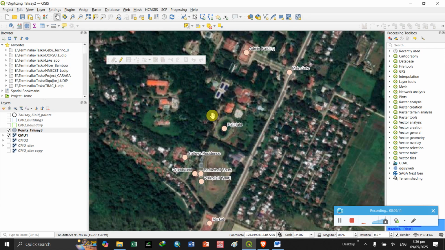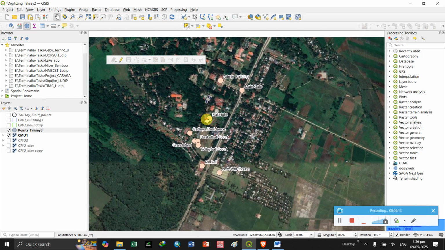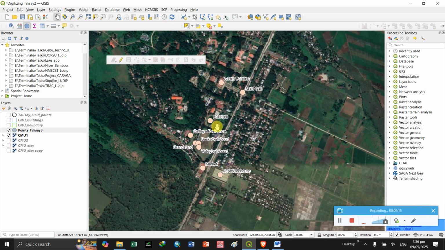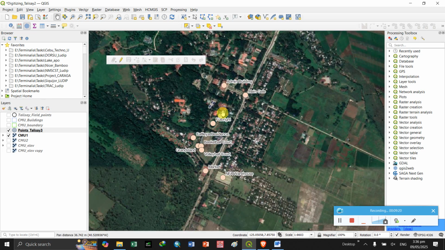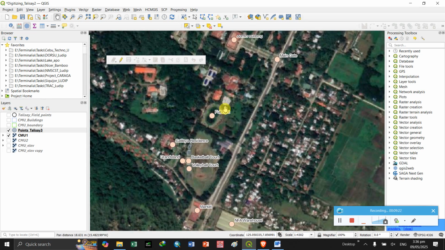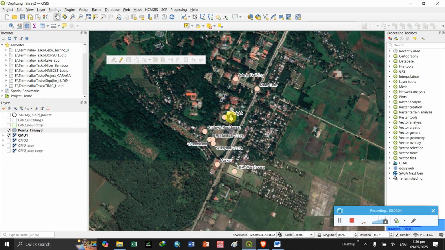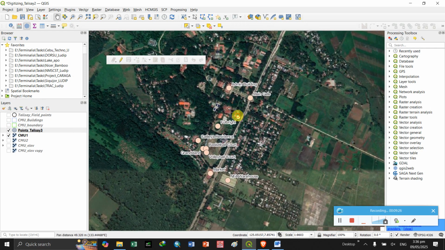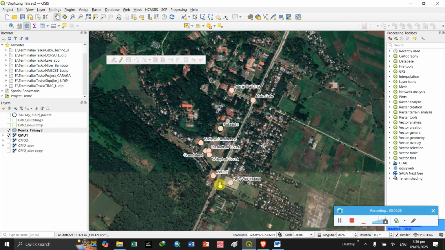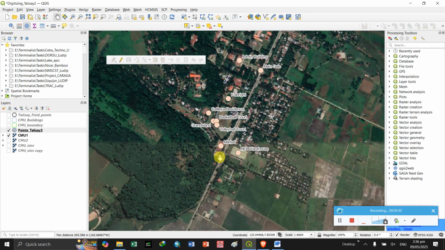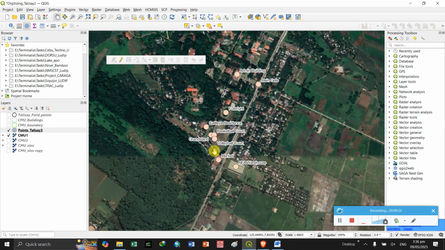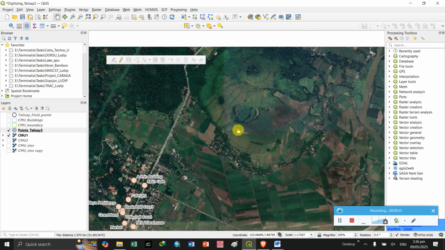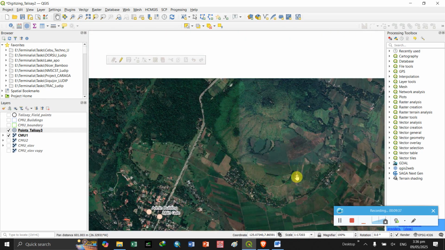Okay, so that's for the steps in creating the point feature or point vector data. Okay, so now we will proceed with the line features, something that we can represent such as road, maybe river, trails,